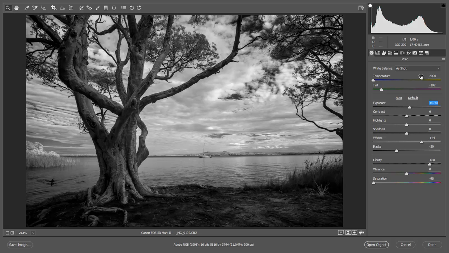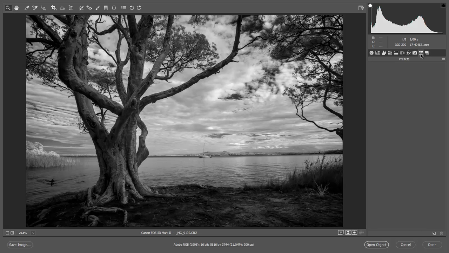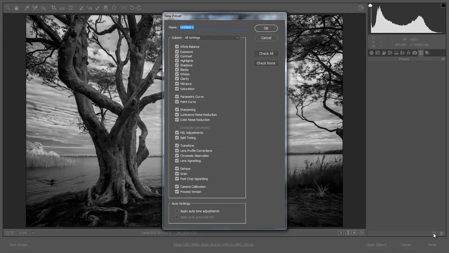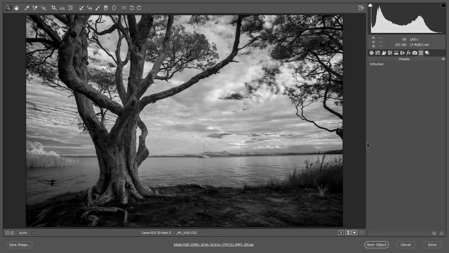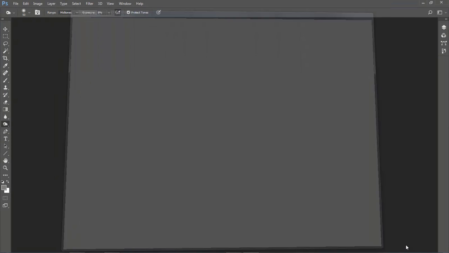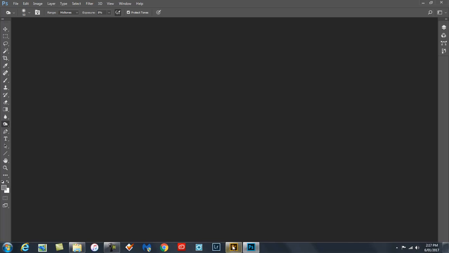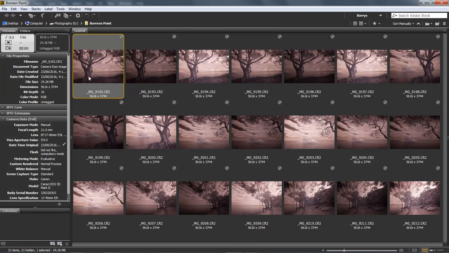Let me show you what I mean by going here to my presets. I can select them, go down the bottom and click the little icon, and I can give the changes that I've made, and I can even select those as well, but for our purposes we'll just select them all, and I'll just call this infrared and OK. I'll also cancel the changes I've just made there and take you back to Bridge,